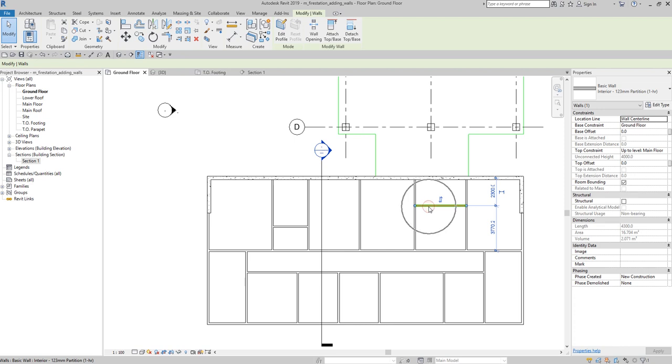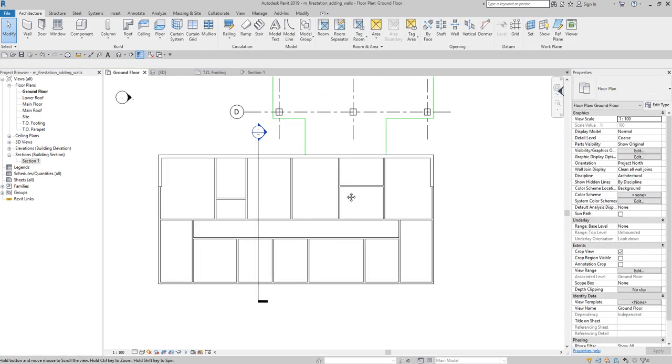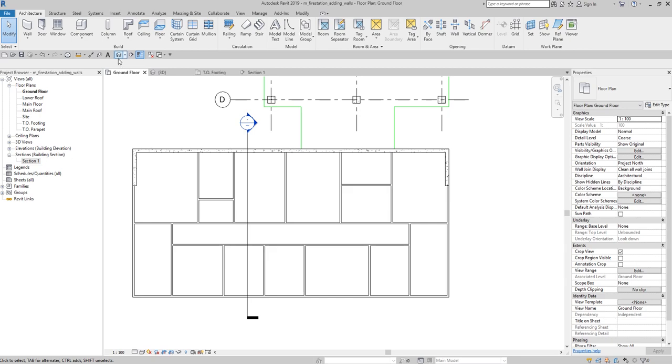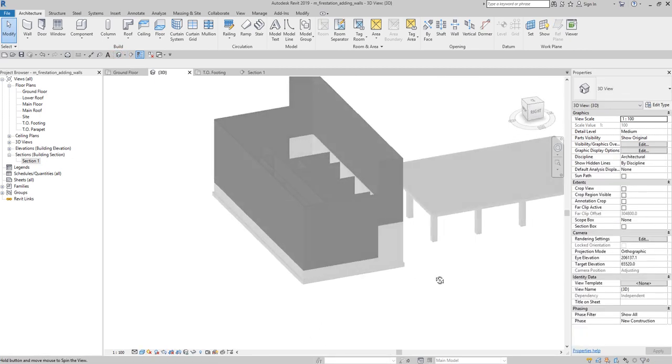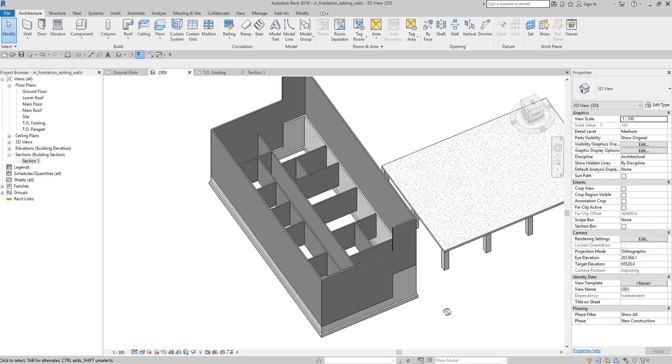And this one, let me change this to 3,200. Okay, there you go. So in 3D view, this is how it looks like. All right. Now the next exercise that we are going to do is we are going to